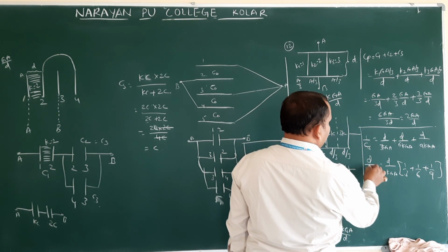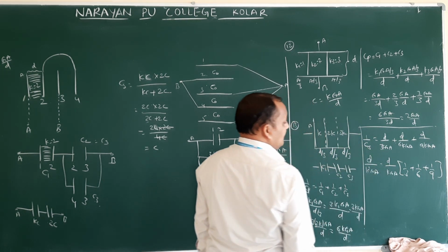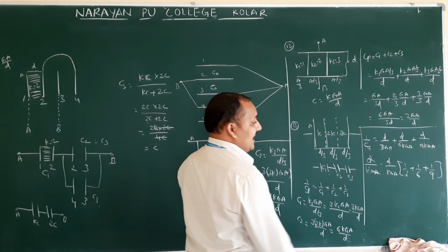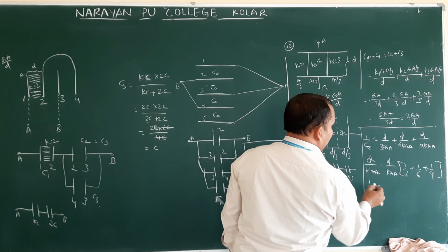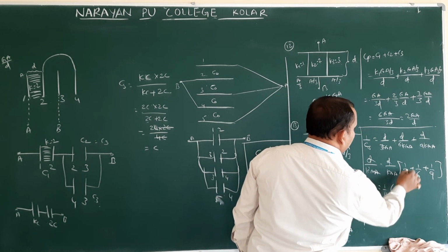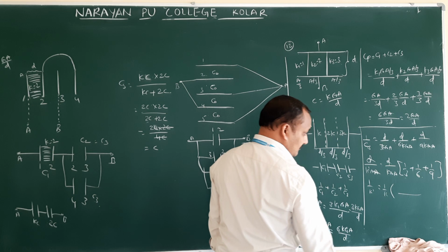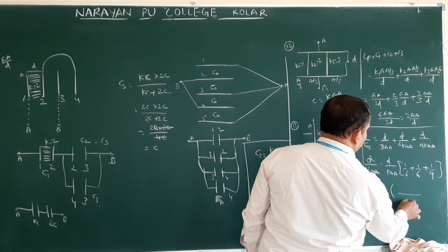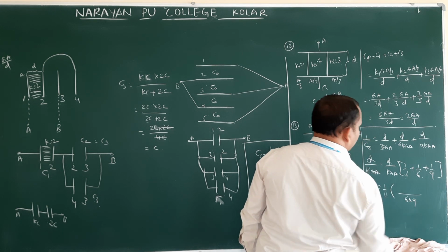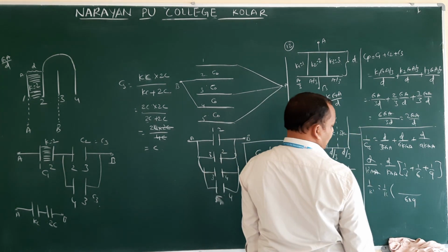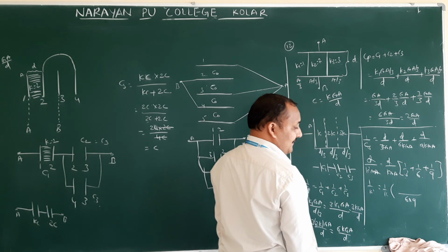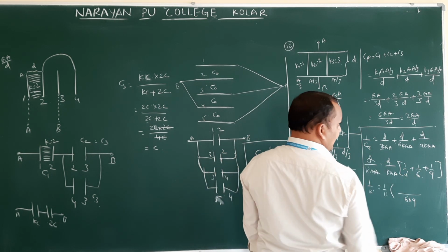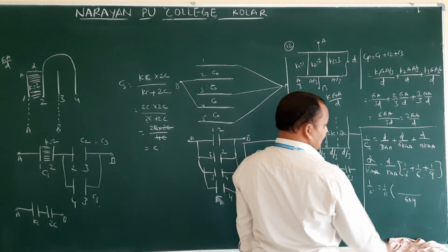So this one you can assume K dash for differentiation, otherwise K will be cancelled. So D by epsilon naught A, D by epsilon naught A will be cancelled. So we have to find K dash. 1 by K dash into what is the same here? Take the LCM of 3, 6 and 9: 6 into 9, only 54. So how much will you get here, 54 how many times?